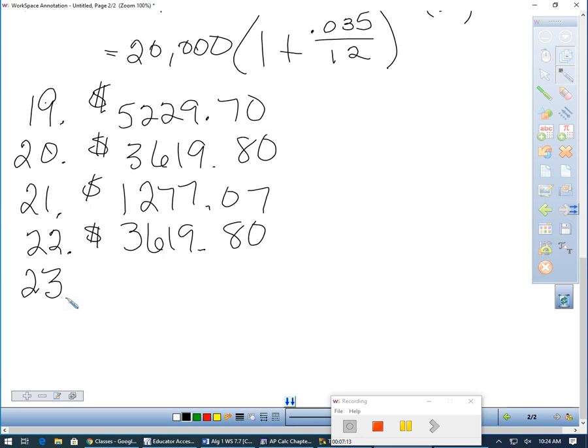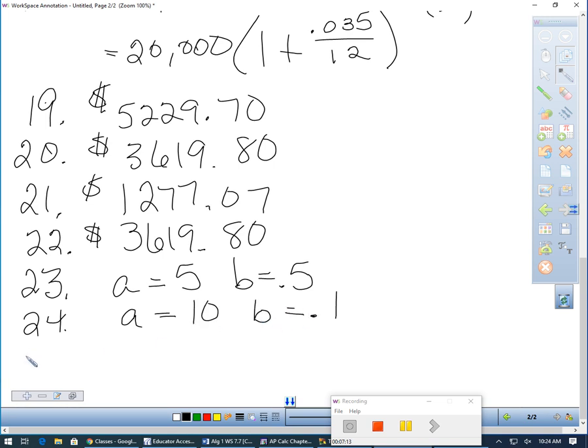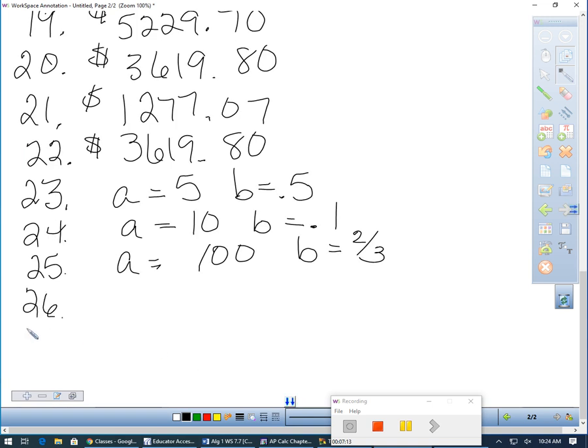Number 23. In number 23, your A is 5 and your B is 0.5. Number 24, your A is 10 and your B is 0.1. Number 25, your A is 100 and your B is 2/3. At number 26, your A is 0.1 and B equals 0.9. And number 27, the last one there, you should have about